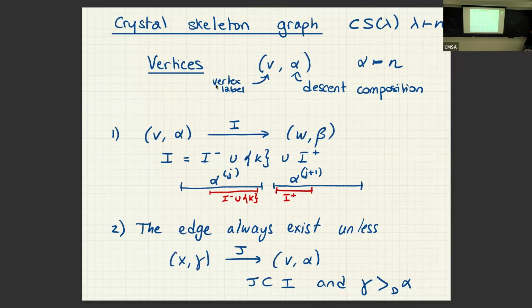So these graphs have many interesting properties. In general, rather than indexing them by tableau, we give a label to the vertex, a descent composition, and we can prove some necessary and sufficient conditions on this graph. In particular, I can go from a composition alpha to a composition beta only if my interval, on the parts of my composition, is exactly at the border of 2 parts and just covers 2 parts of my composition.